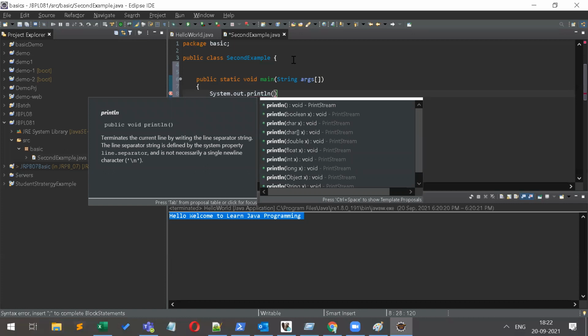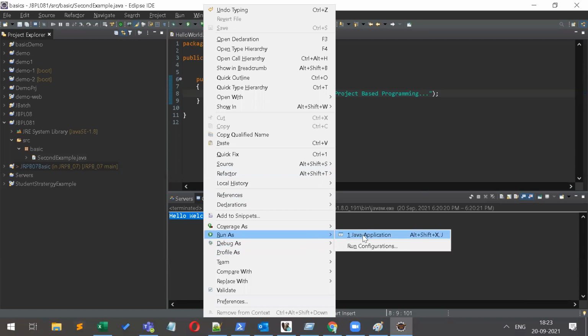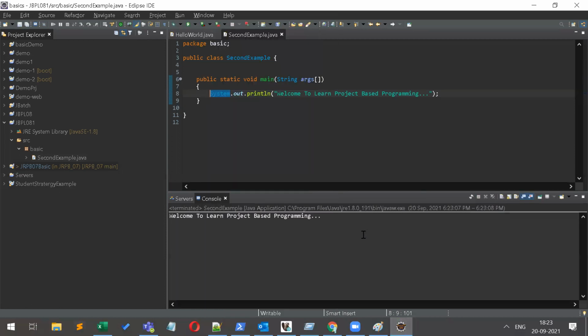Inside the parenthesis I write something, which is a string, so I put it in double quotes: Welcome to learn project based programming. To execute this, just right click here, Run As Java Application. This is a basic practical, everybody has to complete this.